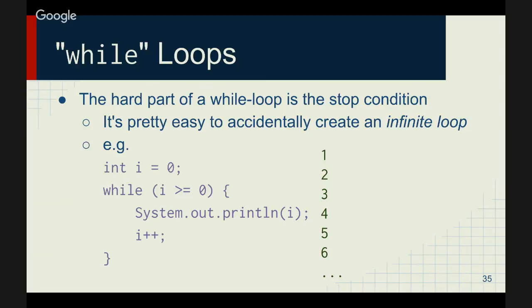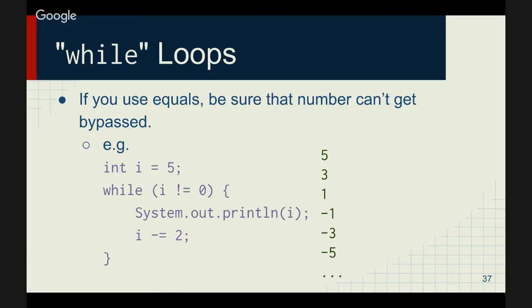these align. So if you have a greater than or equal, you should be going down each time so that eventually you're not greater. If you have a less than or a less than or equal, you should be going up each time. So eventually you're not less. If you use equals, it's even riskier, like we were just talking about, because there's a chance that you'll bypass